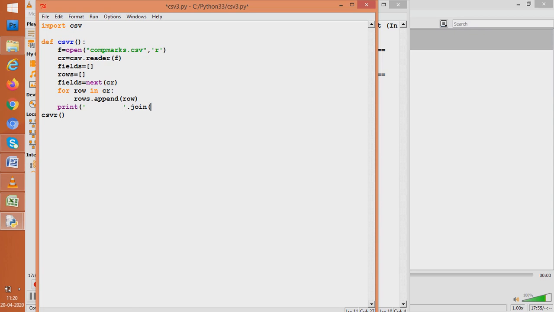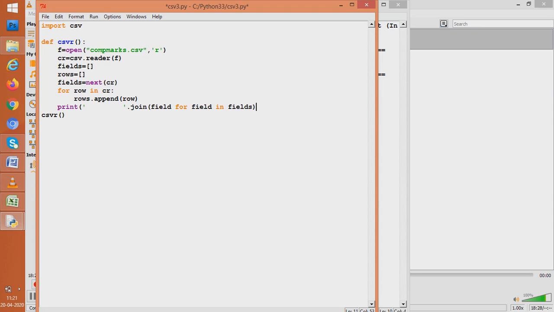So what I'll write here is field for field in fields. You have seen this in 11th class also. If I had written field only, it means that whatever comes from the fields list one by one comes in field, and that field is to be joined one by one.